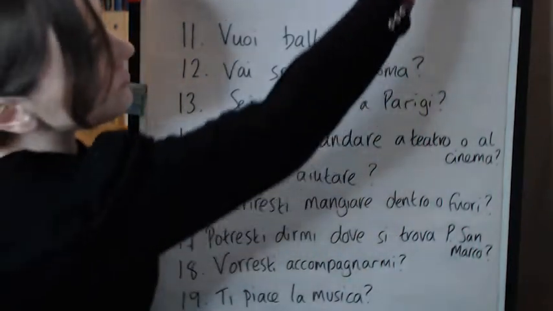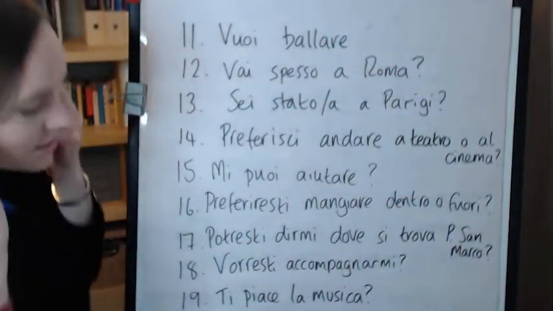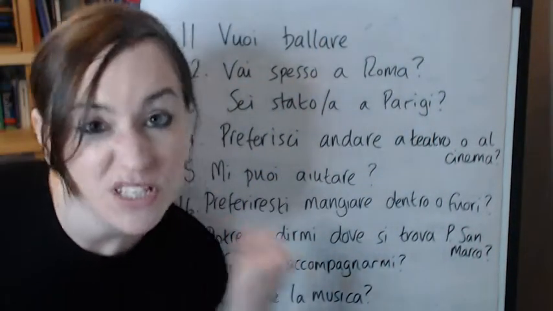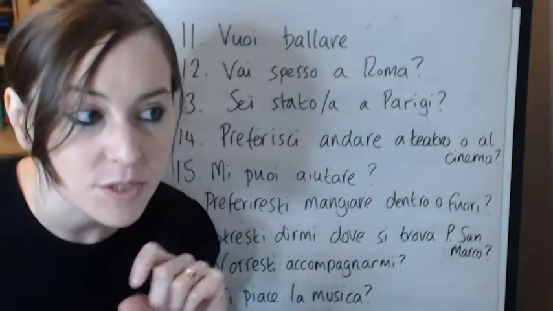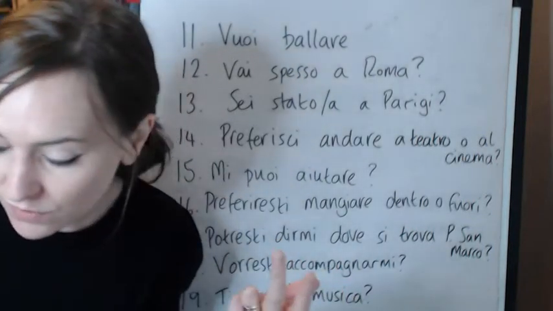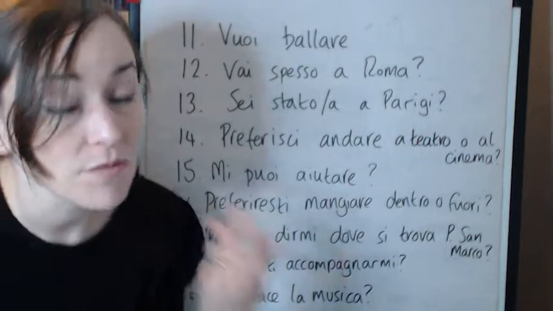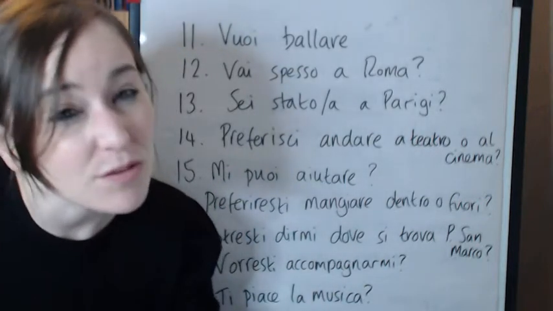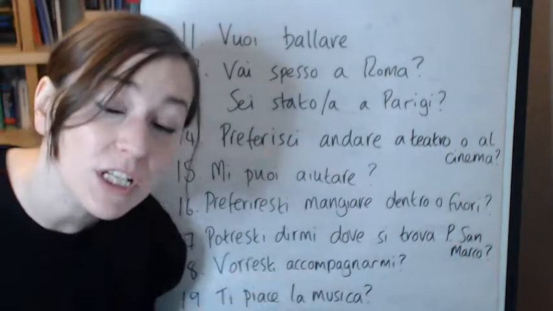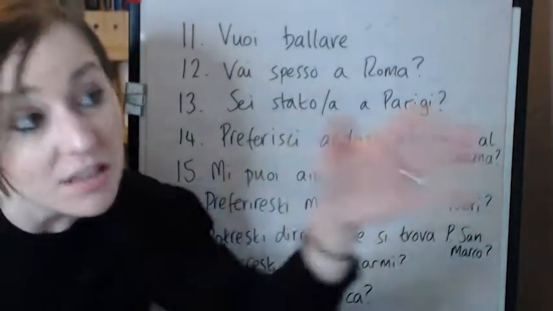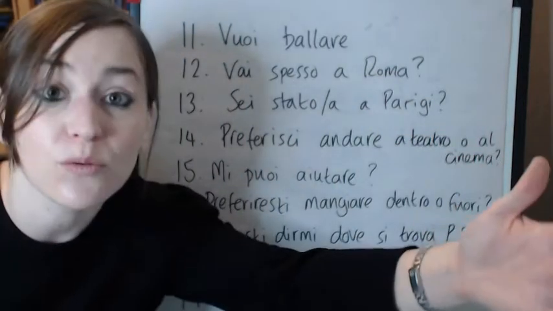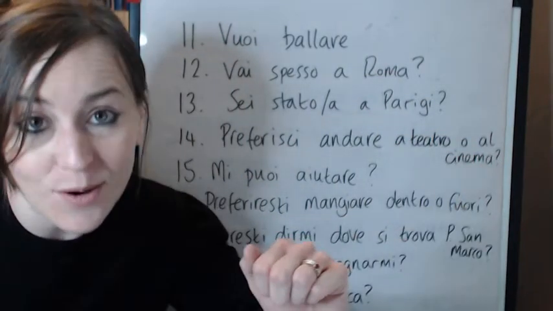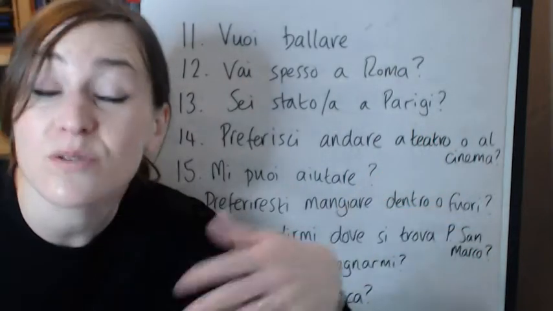I think you can hopefully see where I'm getting with this. Lots of questions, you just change the verb, generally just the verb, from the tu to the lei form. So you need to know what the verb is. You obviously need to know what question you're asking and how you form it. Hopefully some of these will give you a clue, help you to see, oh, that's how you ask. Do you know where to find something? That's how you ask. Where are you from? Where do you come from? Etc.